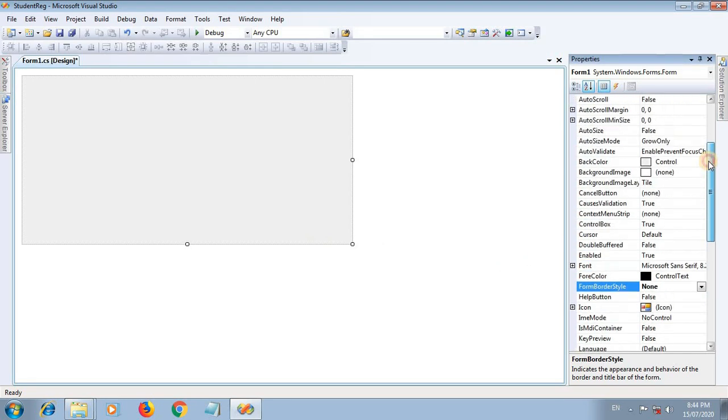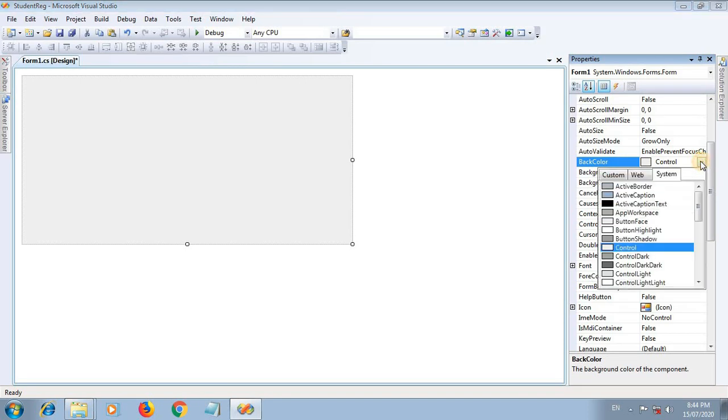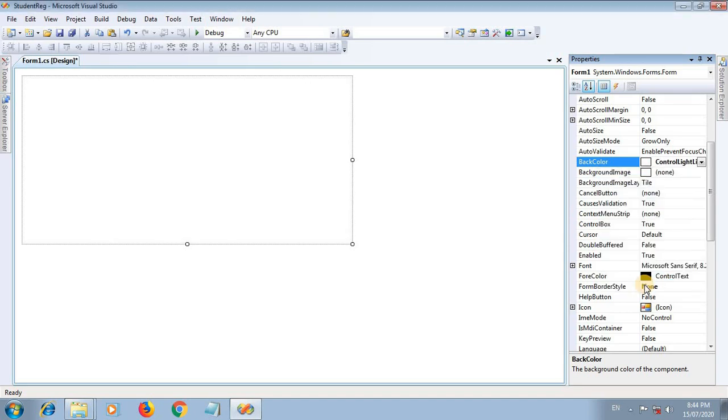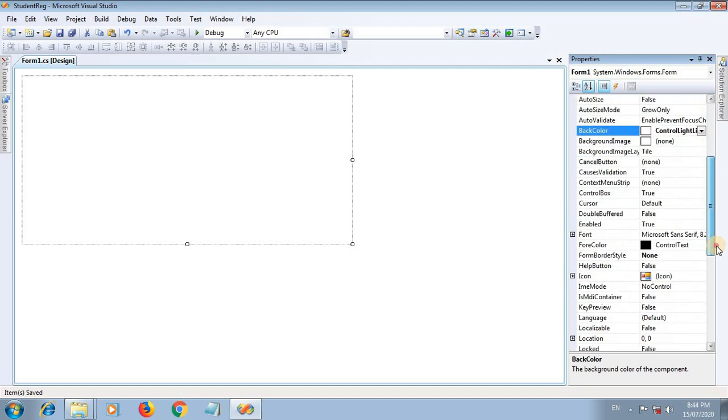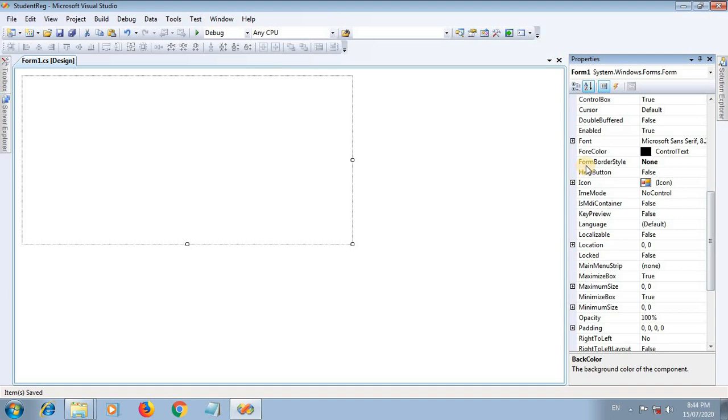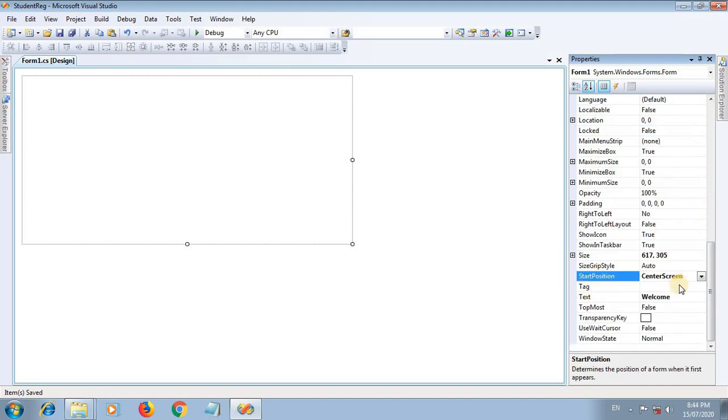Next is the back color of the form; my back color is Control Light. So the settings are: form border style None, back color, start position center of the screen, and text property Welcome. I am providing these settings in the form.